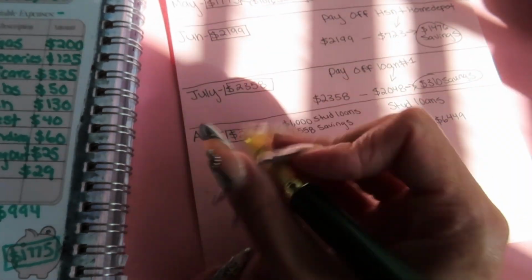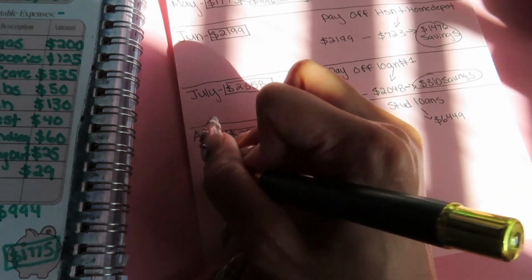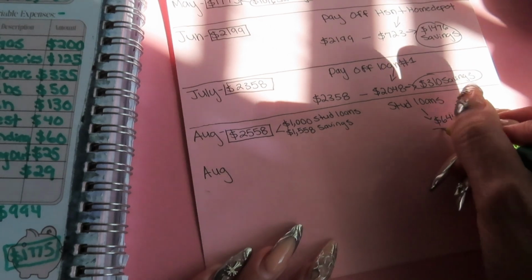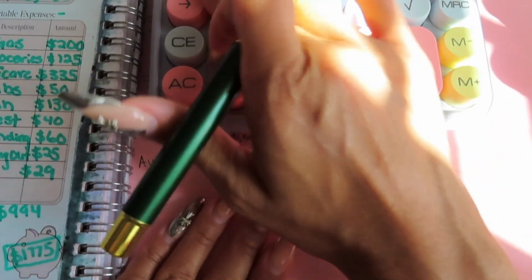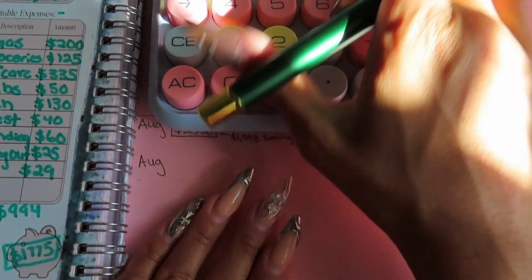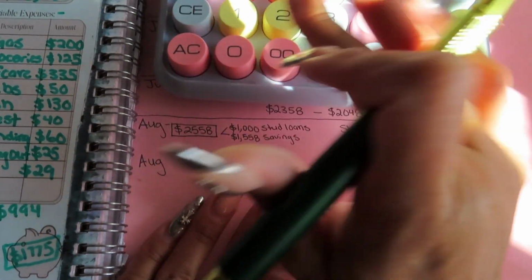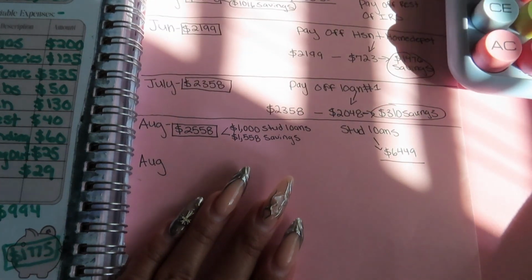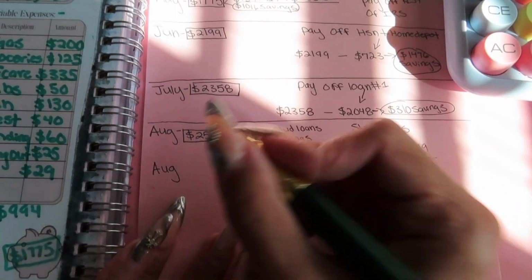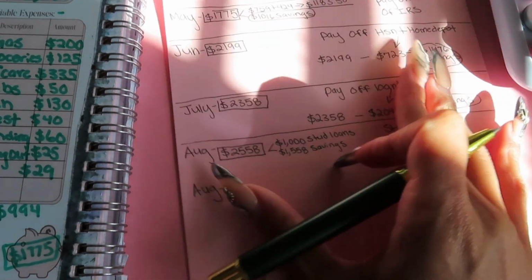So what we're going to go ahead and do is we're going to map this out here. So August, let's see how many months it's going to take to pay this off. So $64.49 divided by $1,000 is going to take roughly about 6.5 months. So we're just going to go ahead and round up to 7. So let's go ahead and write these months down. So August,